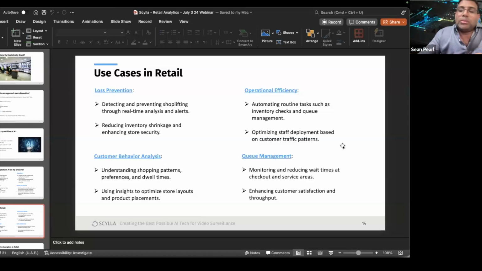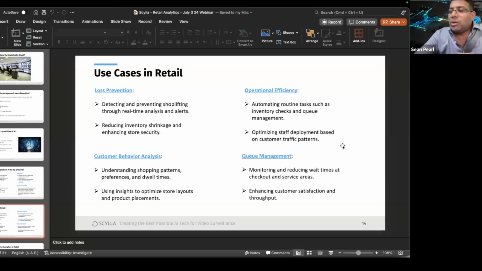So the different use cases in this specifically could be a physical threat, if someone is actually to use a weapon, for example, or shoplifting. We hear of so many cases of retailers incurring so many losses due to shoplifting. And why this actually happens is because most of them don't have a proper system in place that can proactively deal with this. There's no point in retrospectively looking at this because the damage is already done.